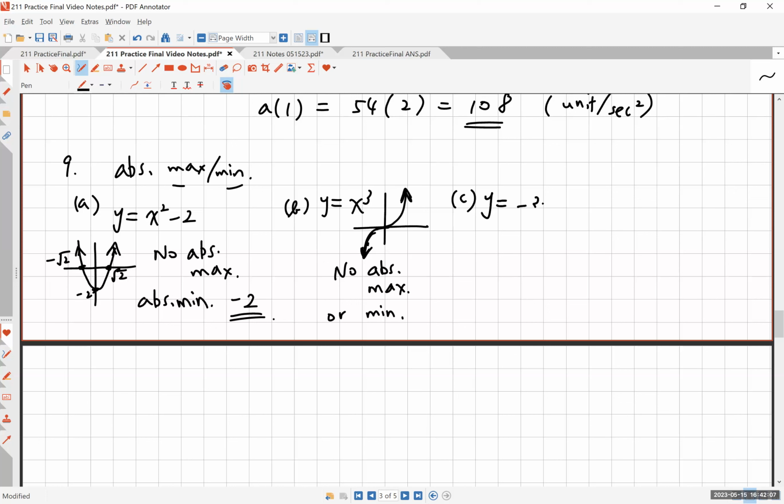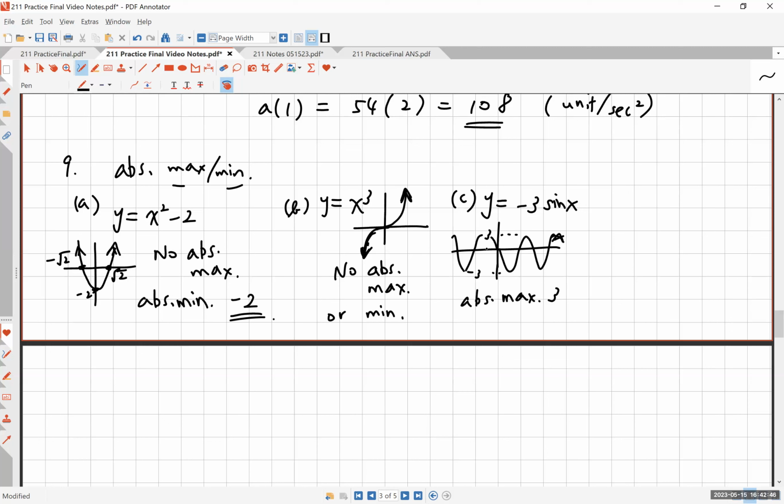C is negative 3 sine x. This could be a tricky thing, right? So the sine function goes like this. Negative 3 sine x is more like this, right? So the highest point is 3, the lowest point is negative 3, and it happens at a bunch of these points. But regardless of how many times it happens, if the largest value of this function is 3, then that is the absolute maximum. Absolute maximum is 3, and that occurs at points like